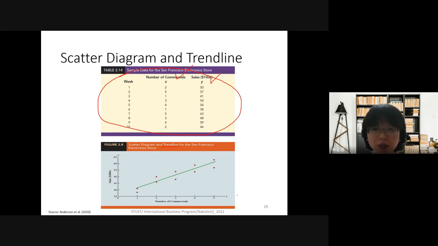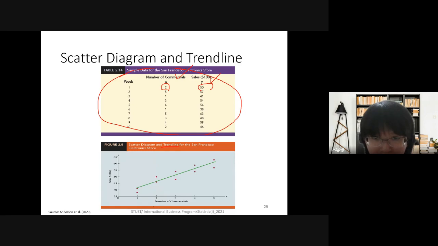But you can write or draw such a figure by hand, or by statistic software. And then you will find in such a diagram, each dot is the data you get. For example, when the number of commercials is 2, the sales is 15, you will